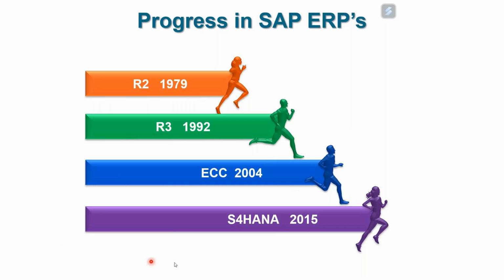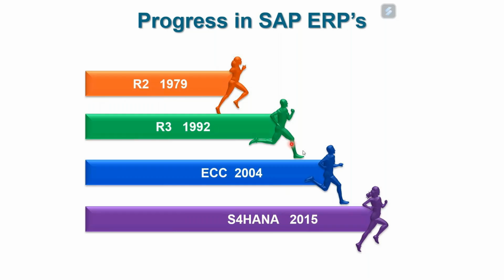And finally, you have S4 HANA, 2015. It was launched in 2015. It's the newest ERP. Obviously, it's not so new. You can see it is almost 10 years now that the product was launched. But it is the newest ERP from SAP, from the business suite side of things. We're leaving aside B1 and By Design, but the main ERP, the core ERP, the central ERP from SAP. This is how it has changed over the years. We're going to only talk about S4 HANA going forward, but I wanted you to know the legacy.